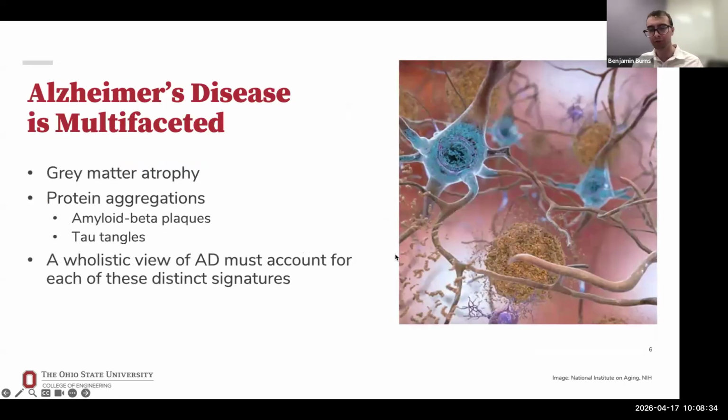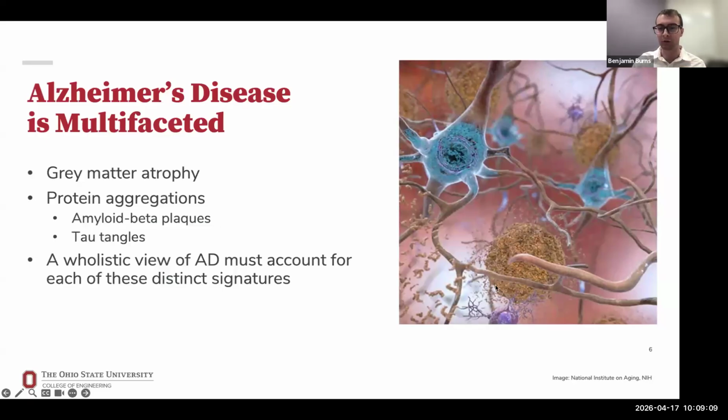And in order to develop systems to make these Alzheimer's disease related predictions, we need to have some basic understanding of the mechanisms, the biology underlying Alzheimer's disease. And it's a very multifaceted disease manifesting in several different ways. For example, it can appear as gray matter atrophy, where we can see physical shrinking of the brain due to mass neuronal death. And it's believed that the key drivers of this death include two protein aggregations, amyloid beta plaques,